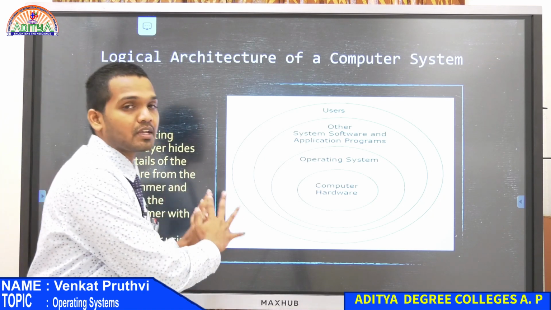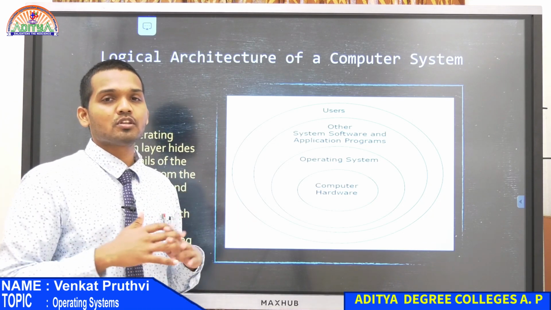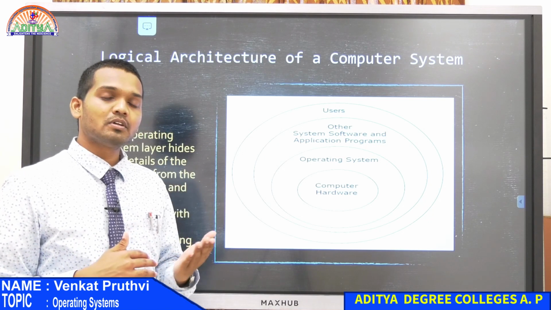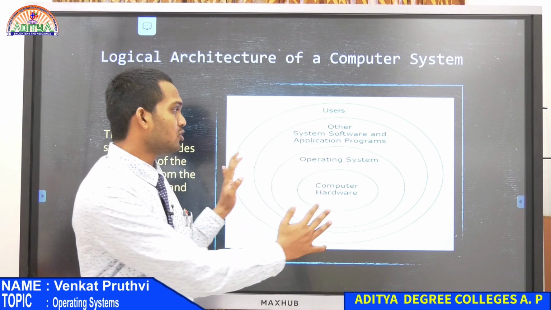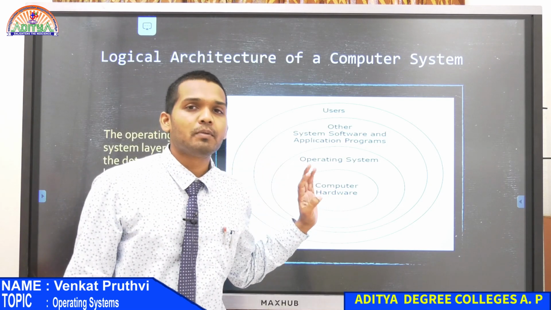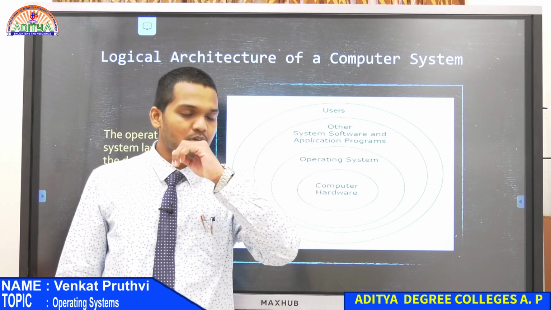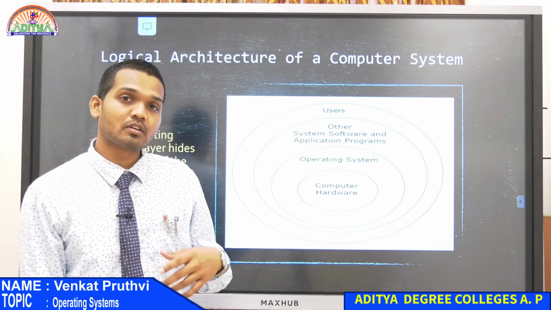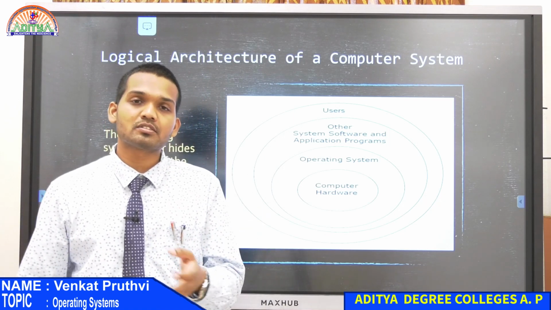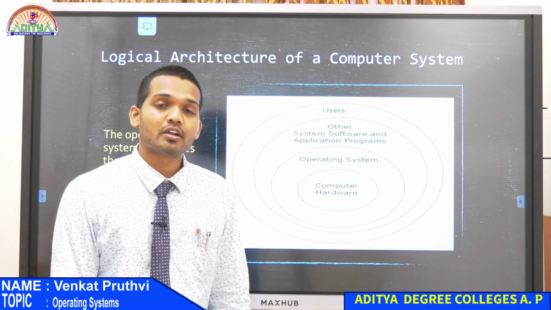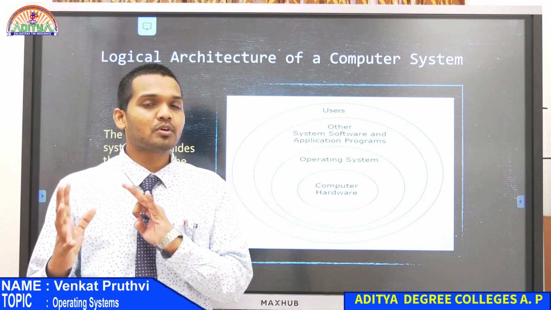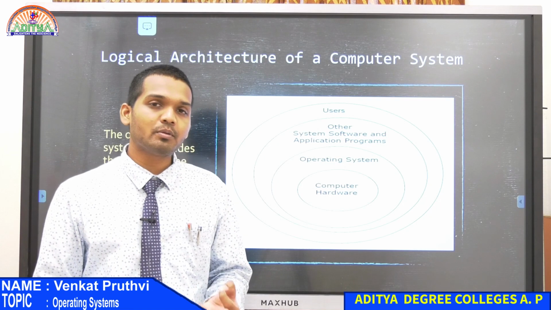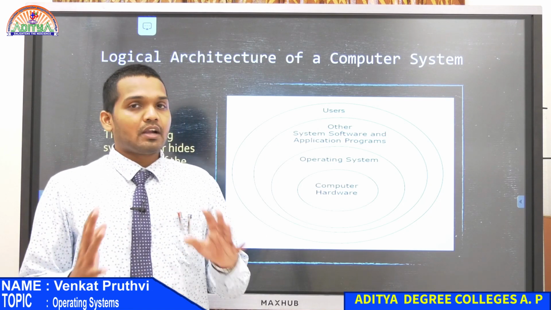So this operating system is playing the most crucial role here in order to perform that task for us. Now, just don't look at this diagram as of now, but just think about your computer. If it is a laptop, just look at a laptop, or if it is a personal computer or a desktop computer, just look at the CPU cabinet or at your laptop where you have the hardware.